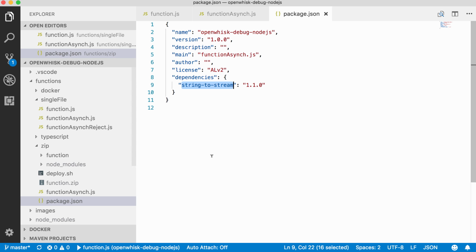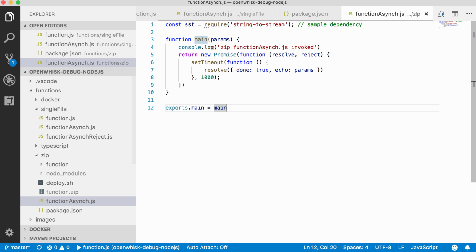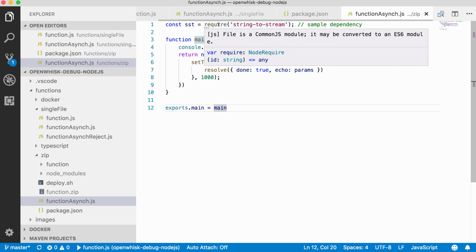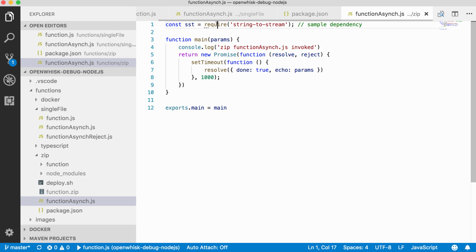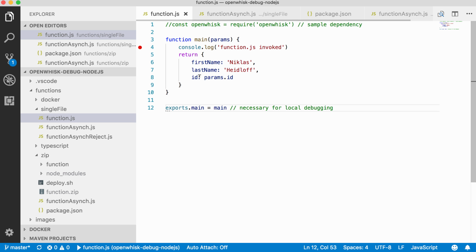In this case, you can use a standard package.json file and define other dependencies like the string to stream and then run an npm install. Now for the implementation, you can install or require these other dependencies in the standard way, as you can see here at the top. Now there's yet another way to develop functions with Node.js, which is Docker, but I'm going to talk about that in the second demonstration. For now, what I want to do is go back to the simplest function